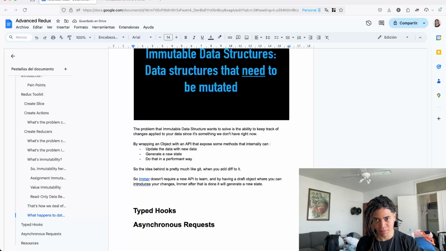In the context of Immer, when a property of a particular object changes, I'm going to have this draft which holds the previous state with the new updated data, and then create a new state out of that. There's some couple questions here, that Immer behind the scenes is creating